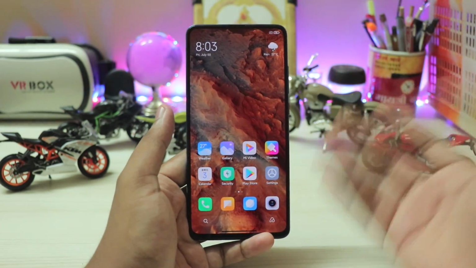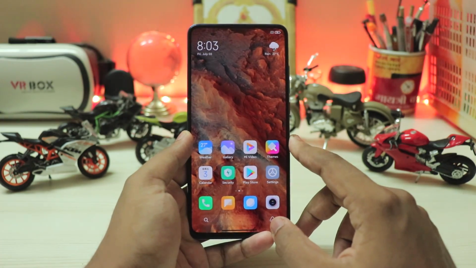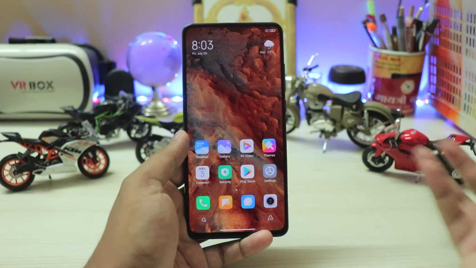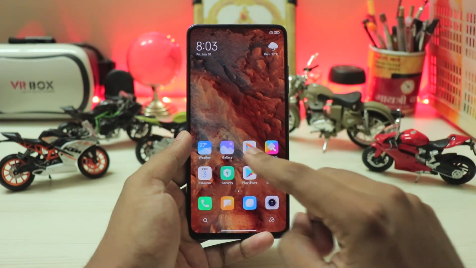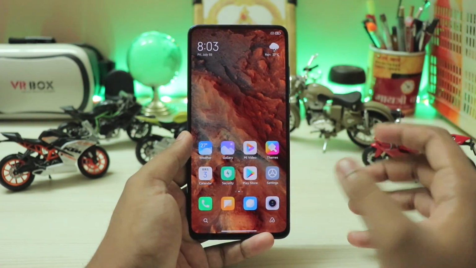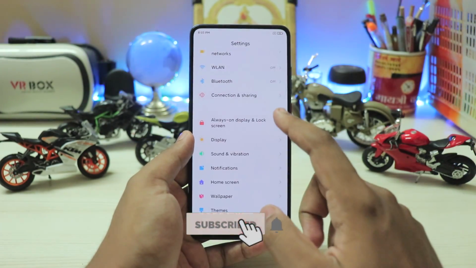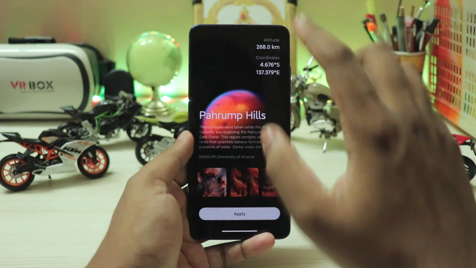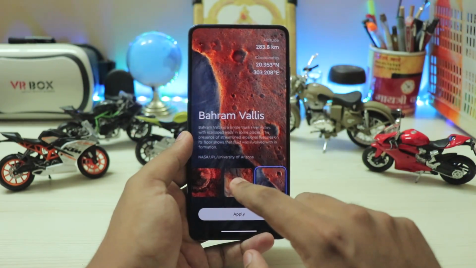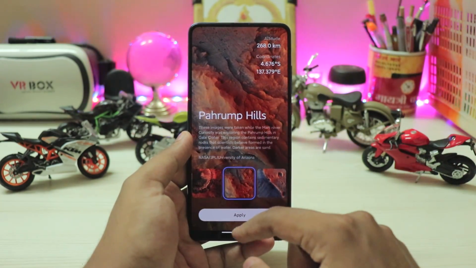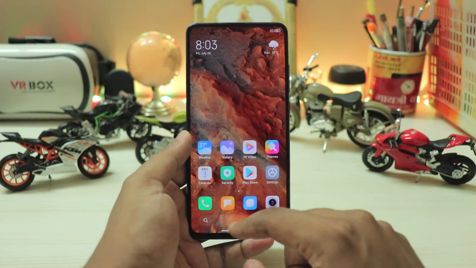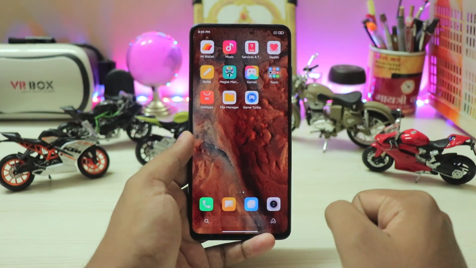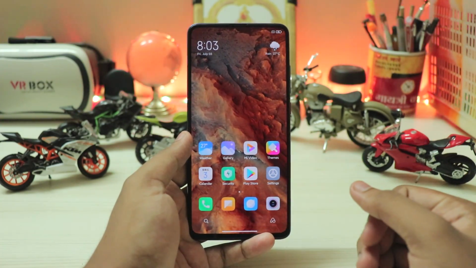Over here I have the latest China beta, as you can see, but you can of course start from any kind of build like India stable, global stable, Russian stable, or even the China stable. I haven't been making the MIUI beta update videos because the updates are mainly in the form of app updates. The weather app did actually get an update just for India. The Mars wallpaper has been getting a bit of updates, for example transition effects. Two locations have been added right over here. So all the updates are just in the form of app updates. Systematically it hasn't changed a lot, like the animations over here are a bit tweaked, but that's all thanks to launcher 4.19. So let's just get started.